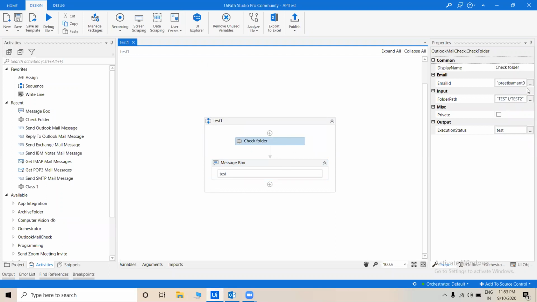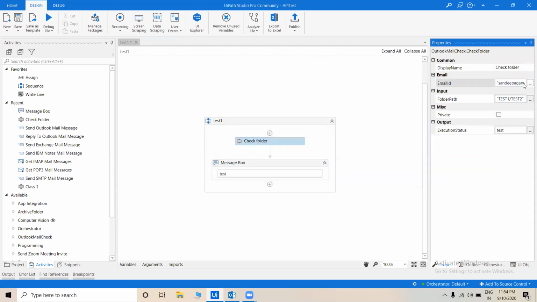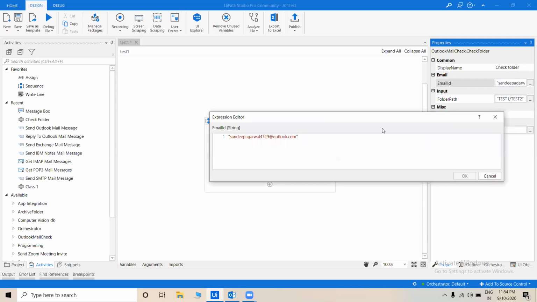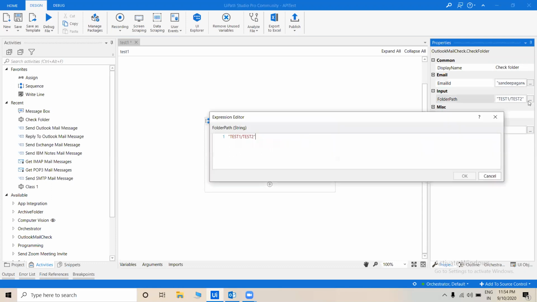So now let's check this for the second email account. So let me add one more subfolder to the given path.